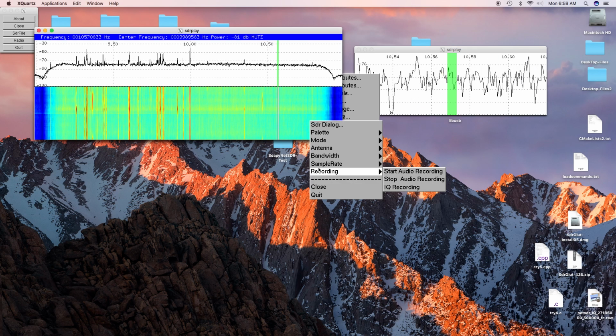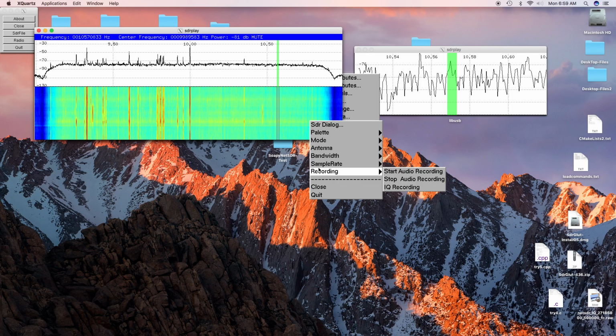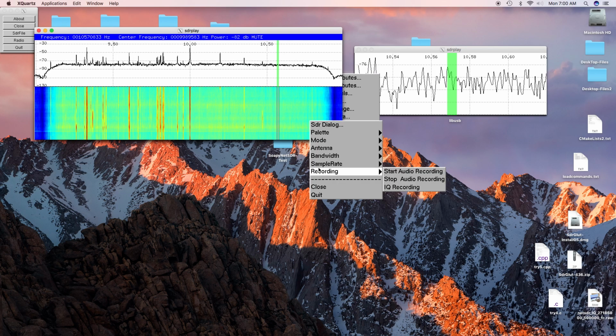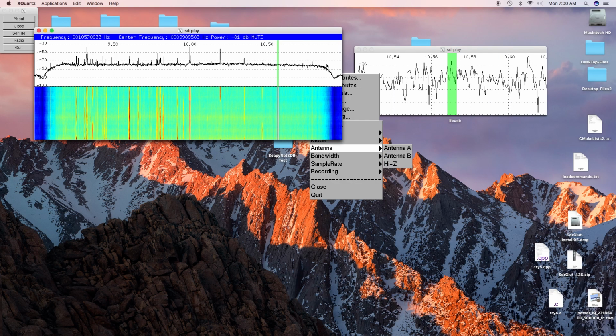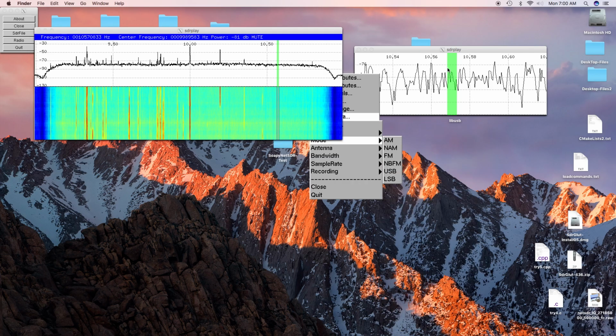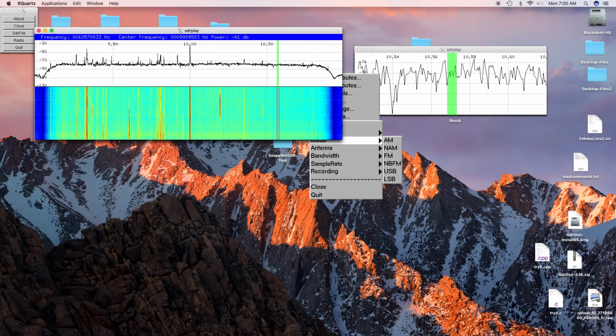Recording, I already did the IQ recording. Basically, you can record this entire bandwidth to a file and play it back later. I can try starting an audio recording at the moment, so I can go. Let's unmute it, and we'll just pick up